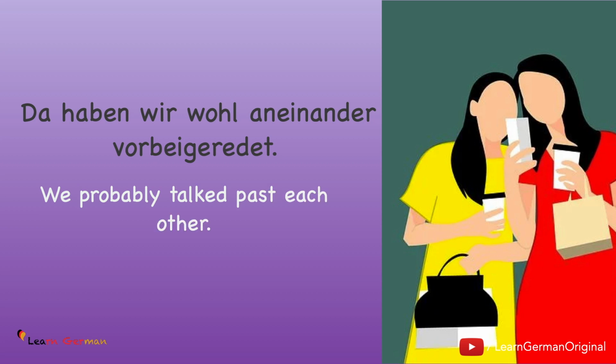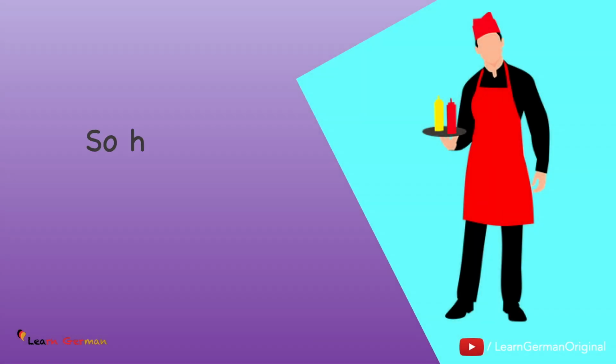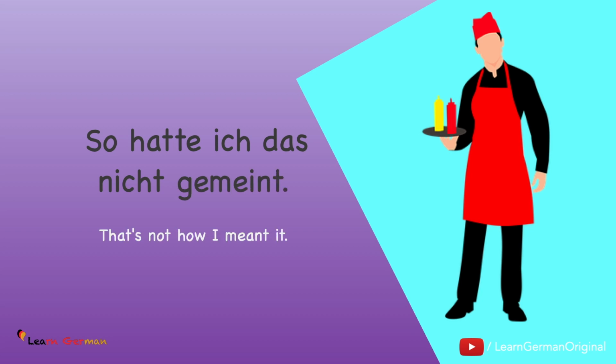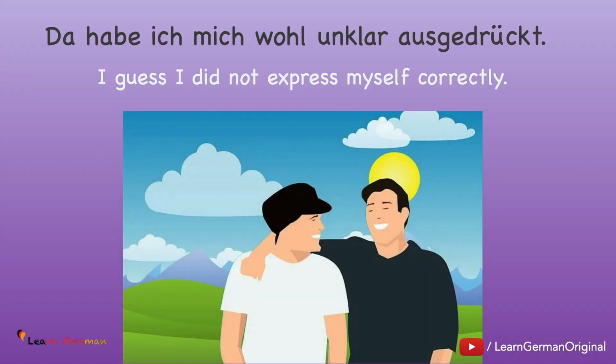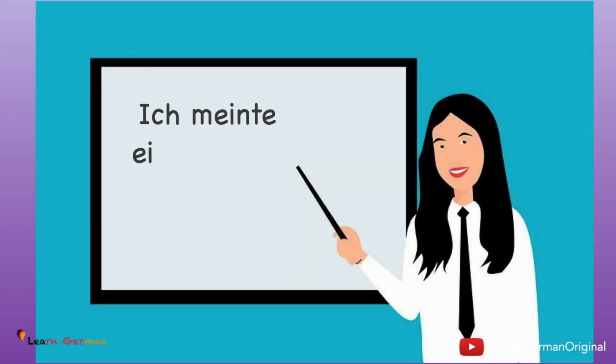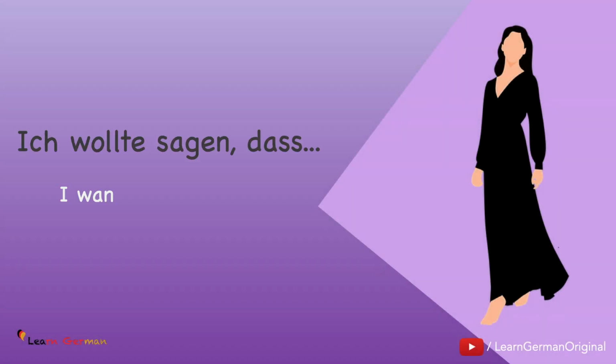Da haben wir wohl aneinander vorbeigeredet. Das heißt, wir haben über verschiedene Dinge gesprochen. So hatte ich das nicht gemeint. Da habe ich mich wohl unklar ausgedrückt. Ich meinte eigentlich, ich wollte sagen, dass